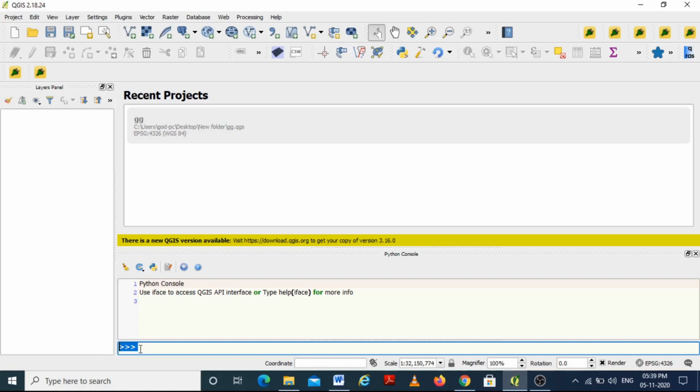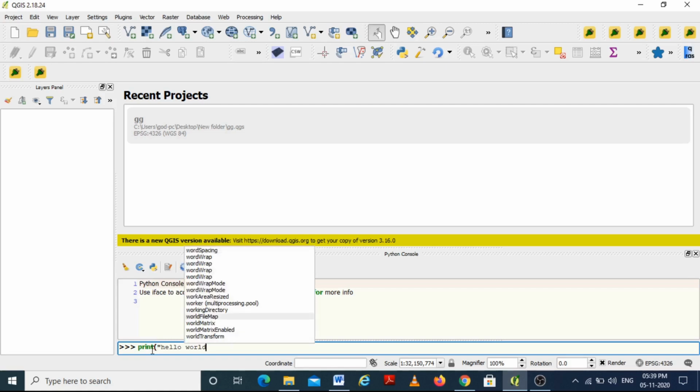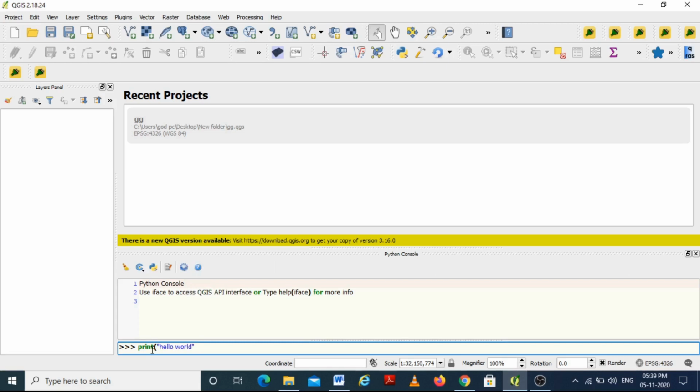Here this 3 greater sign indicates the prompt shell. It tells that Python is waiting for you to type something or simply it is ready to accept your first command. Let's enter some commands at the prompt, beginning with the following: print hello world. Make sure to include the double quotes. Press enter on your keyboard when you finished typing the line.